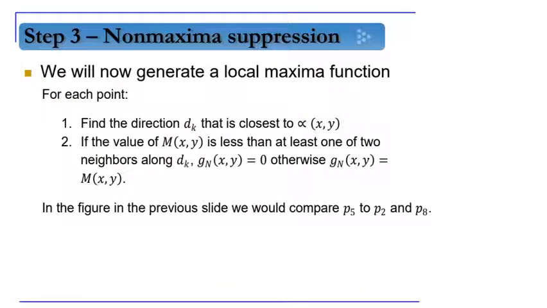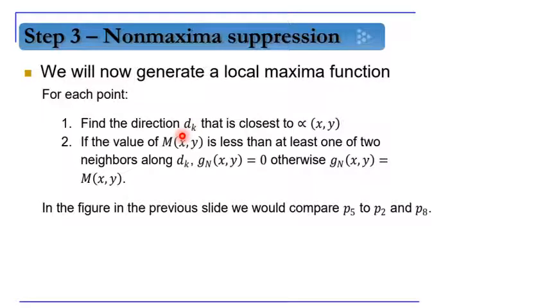Here we are going to apply non-maxima suppression. Okay, so what is the algorithm, or what are these points saying? The first point is to find the direction dk that is closest to alpha. We just explained that there will be 4 directions, d1, d2, d3, d4, which you can assign based on the value of alpha, and the regions have also been specified. So once you know the direction, now we are going to suppress the non-maxima points only in that direction. So what we are going to do now is look at Mxy, the magnitude image that we have got from the gradient.